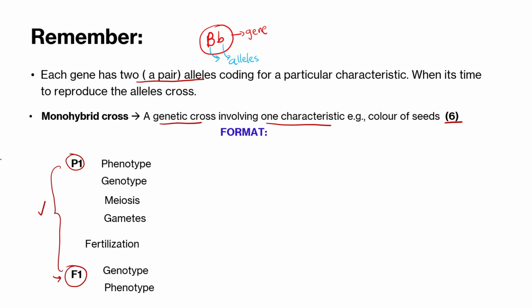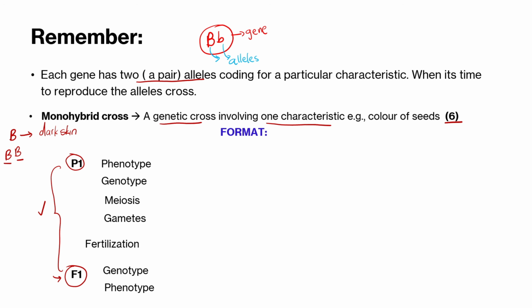So let's just say, for example, capital letter B codes for dark skin. I think black skin is not really appropriate, so let's just say dark skin. So capital letter B represents dark skin. If I have a genotype, let's just say my genes are BB, this is homozygous dominant. I've talked about this in my previous video. Remember, this is homozygous dominant.